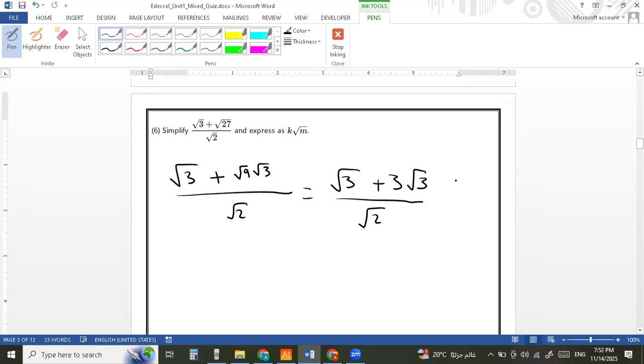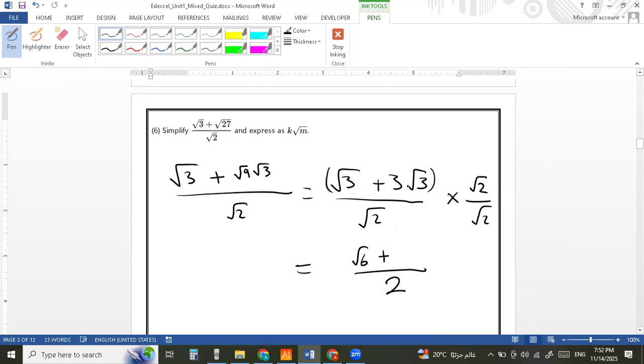Rationalize the denominator. So multiply up and down by root of 2. The denominator is root of 2. So root of 2 times root of 2 is going to be what? It is going to be equal to, mister, 2. And over there, root of 3 times root of 2, well, mister, as if you are going to expand brackets, all of this is multiplied by root of 2. So root of 2 times root of 3 is root of 6 plus